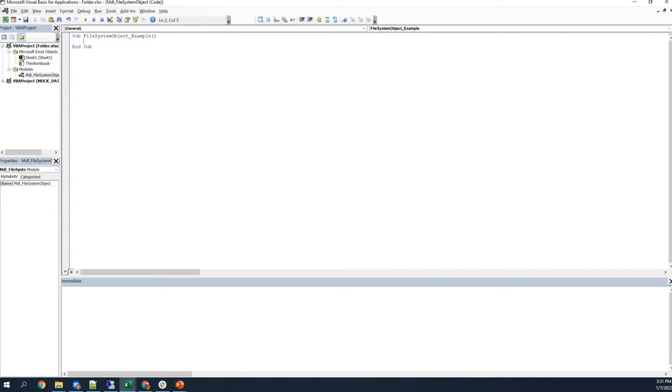I'm going to show you first how to do this with late binding, and then I'm going to explain why this is not my preferred method and show you the advantages to using a reference. The first disadvantage to doing it this way is you have to declare your variables as just a generic object. You don't have FileSystemObject as a data type. A symptom of that is you don't get IntelliSense. So for example,